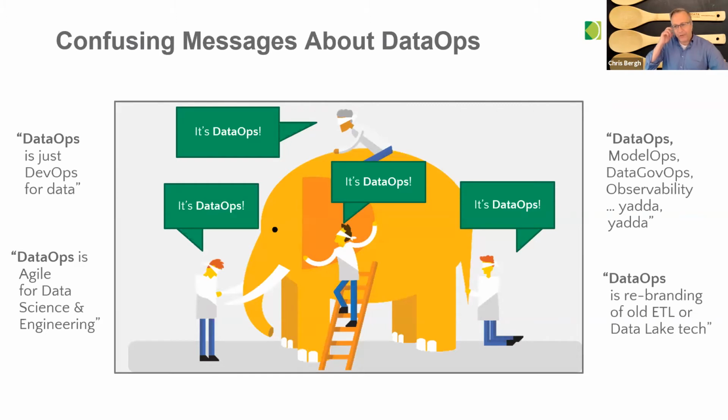It's becoming more of a thing, which is great. However, there's a lot of confusion about it. There are different ways that people use DataOps. Some people just equate it with software's DevOps, or say it's the application of Agile to data science and engineering. There are other Ops terms out there, like ModelOps, MLOps and DataGovOps, and people love to put the Ops suffix on things to make it cool. And finally, some vendors have taken the DataOps term and put it on the software they wrote 10 years ago and said, this is DataOps. So what is it?